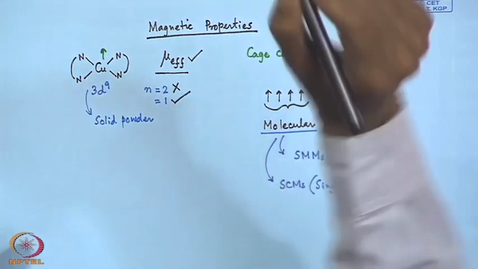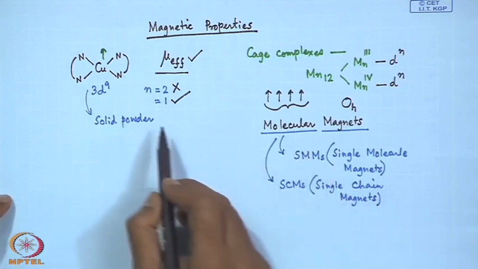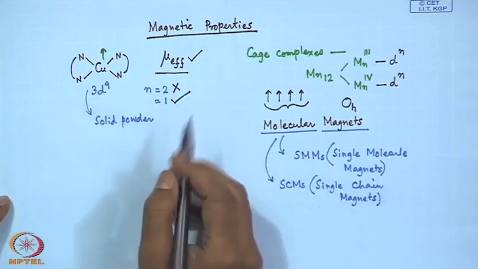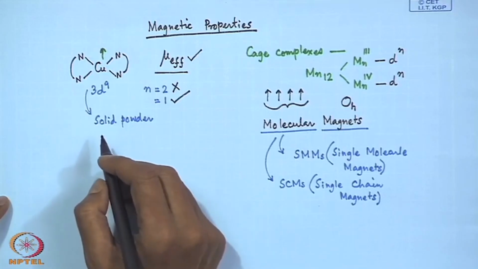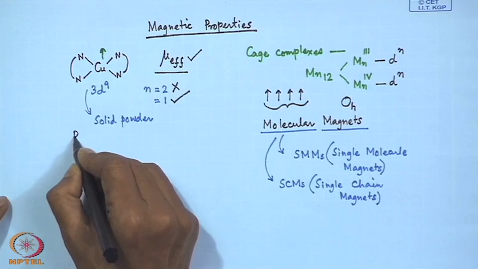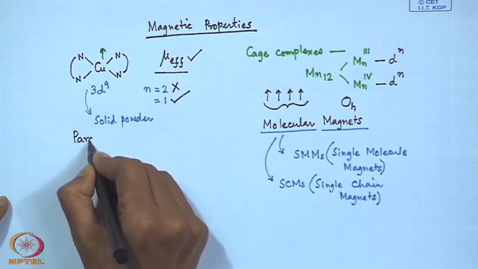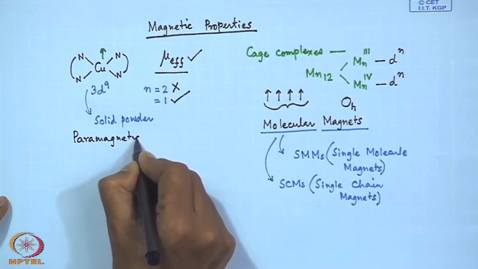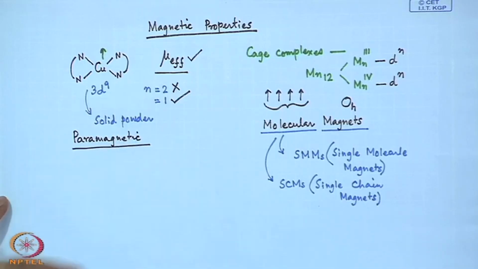So, for an n equal to 1 system with one single unpaired electron, we can determine the corresponding paramagnetic behavior of the system. So, we get a compound which is paramagnetic in nature,